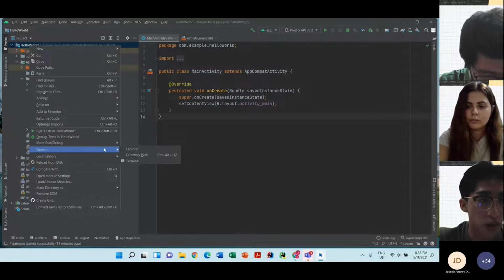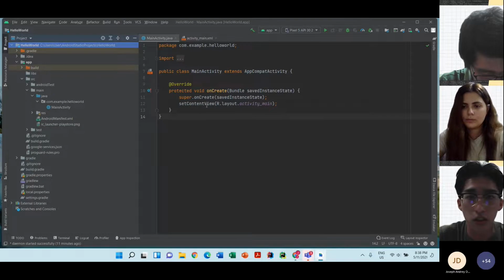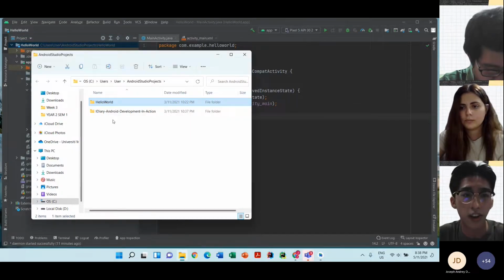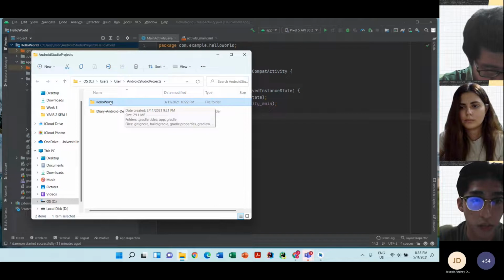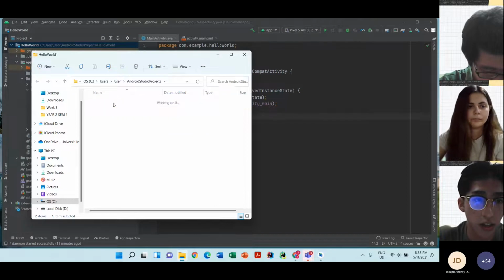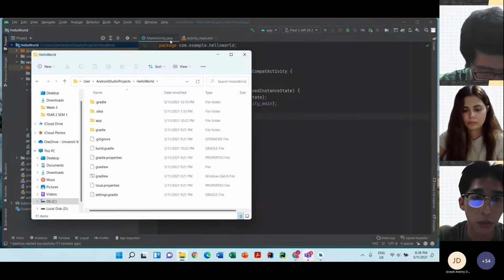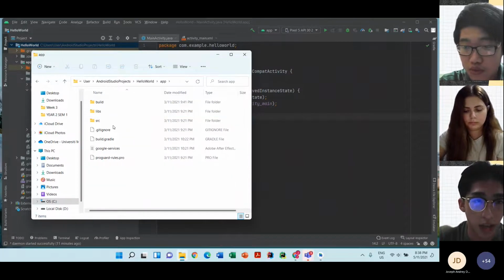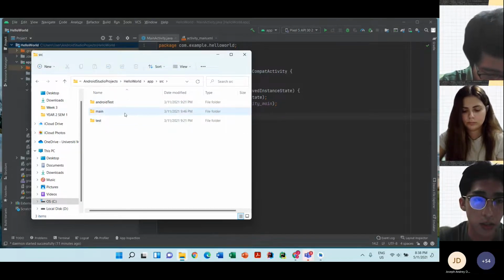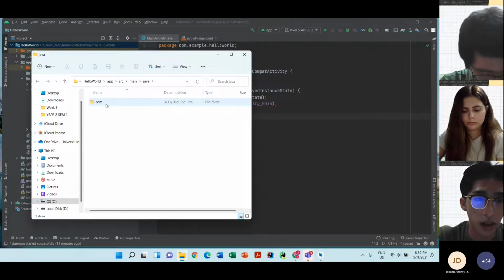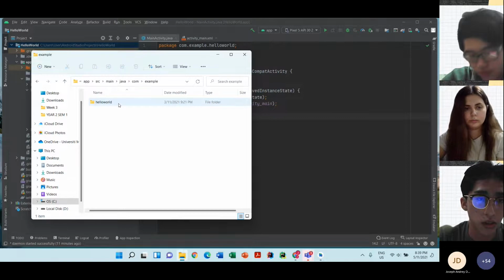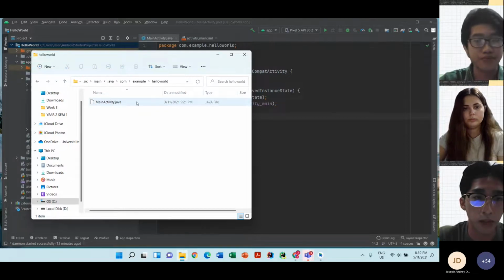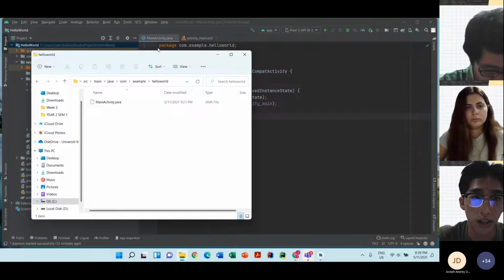I'll open with the Explorer here. I have this Hello World application project. When I click in, I want to find MainActivity.java. I'll click the app here, and in the app, I'll click in the src. In the src, I'll click into main. In main, I'll click into the java folder and the package. So I will find my MainActivity.java here.